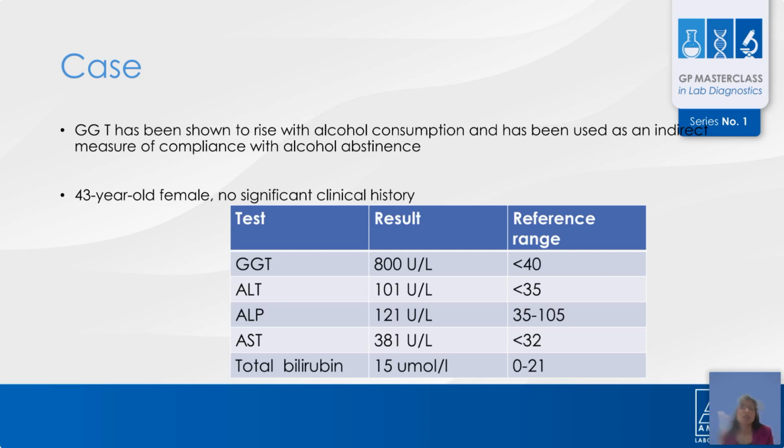And the doctor was very shocked to see these blood results, and he wondered what was going on. So the patient had a very elevated GGT, and as you can see, it's very disproportionate to the increase in the other enzymes. But the other enzymes are elevated in this case. So there was something to look for. If you look at the ratio of the AST to ALT in this case, it was greater than 2.